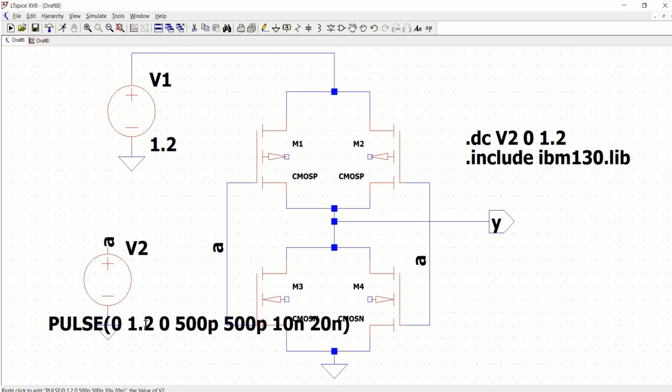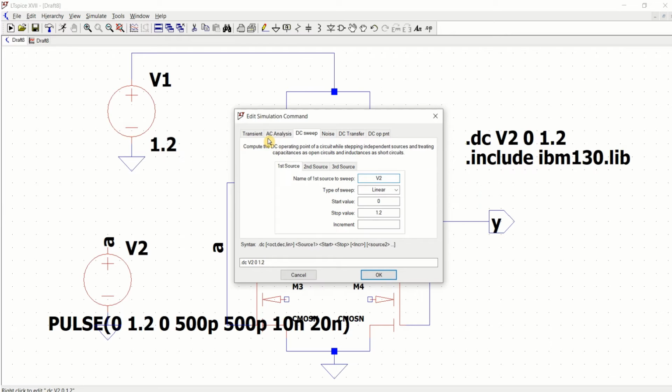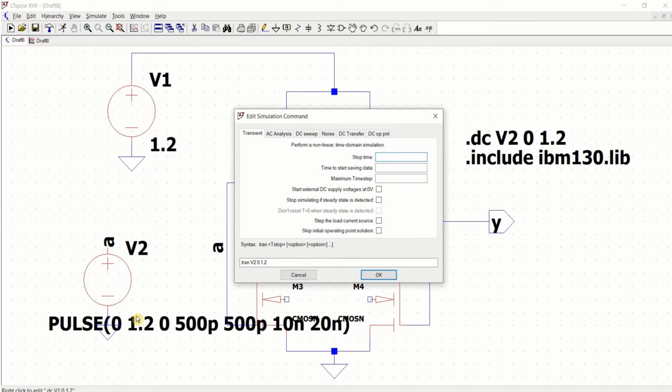Now if I want to see the transient analysis, just click on this and select the transient. As already we have defined the pulse as the input, I want to simulate this up to a period of 100 nanoseconds.